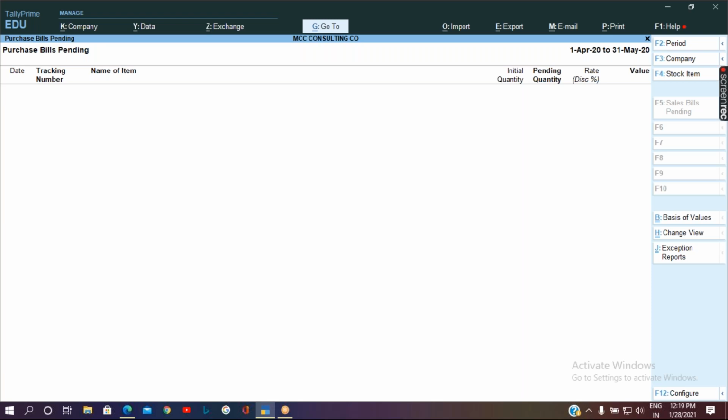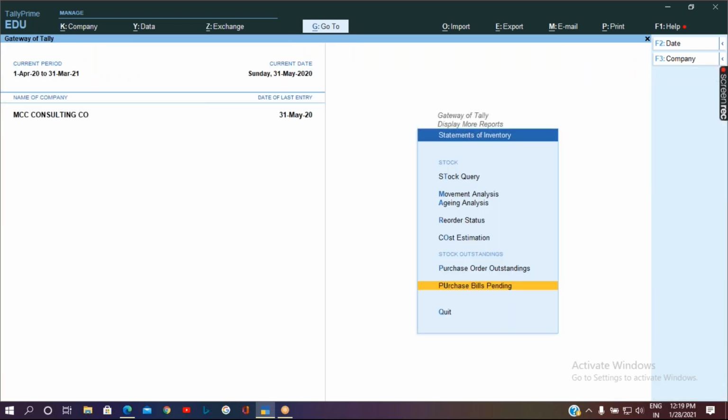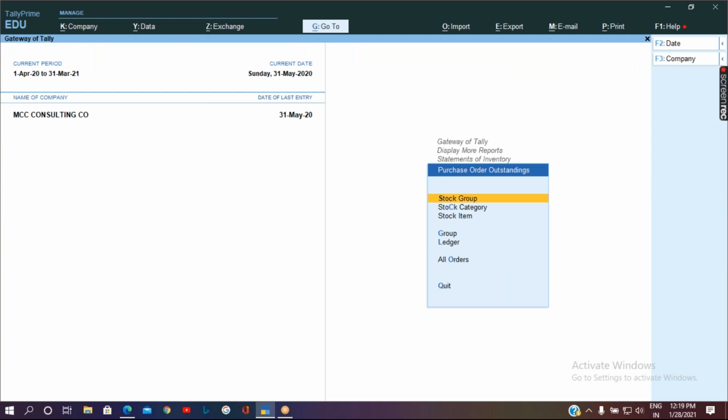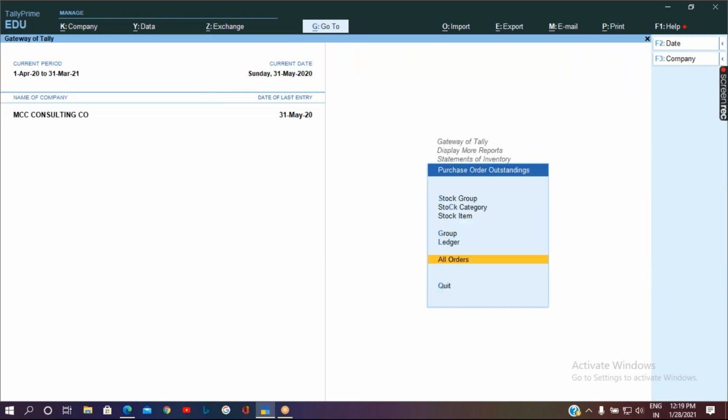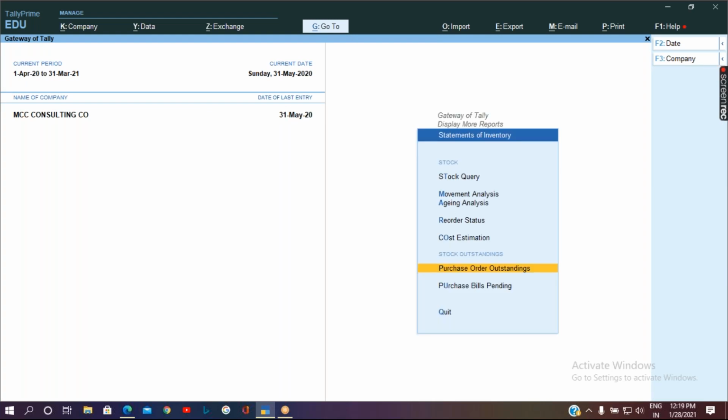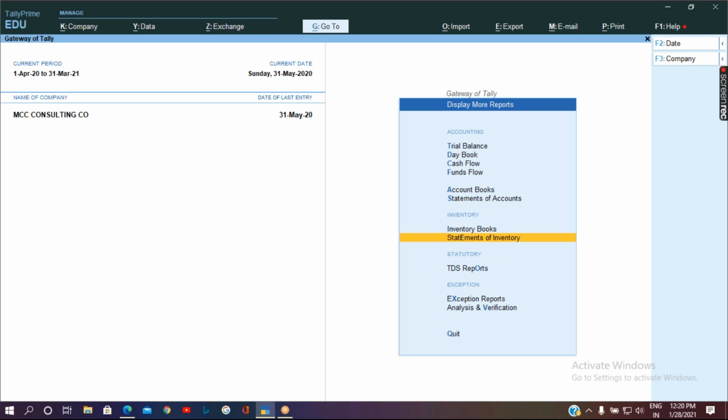By this, it ends up clearing that pending information. Whereas in the purchase order outstanding, it will be the same thing, that is 5 quantity balance which was rejected. So this was a report all about the inventory part.